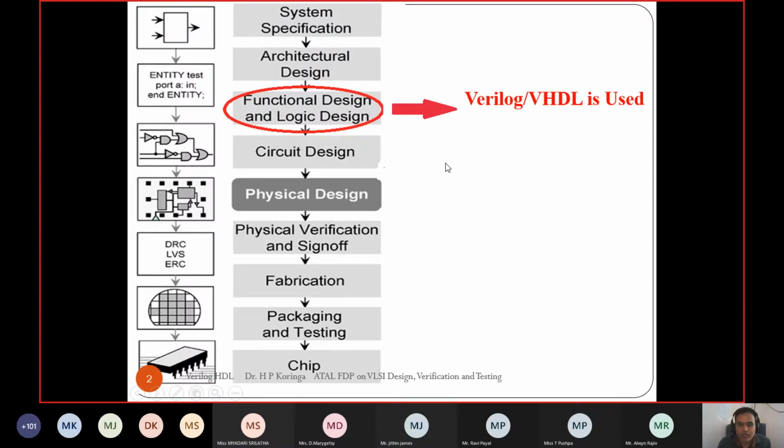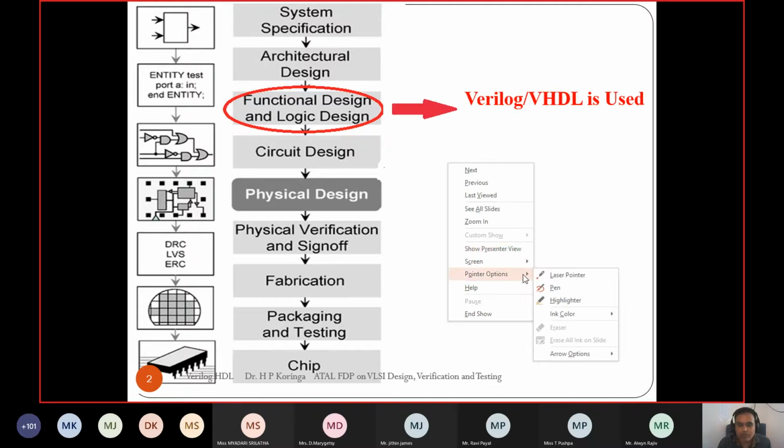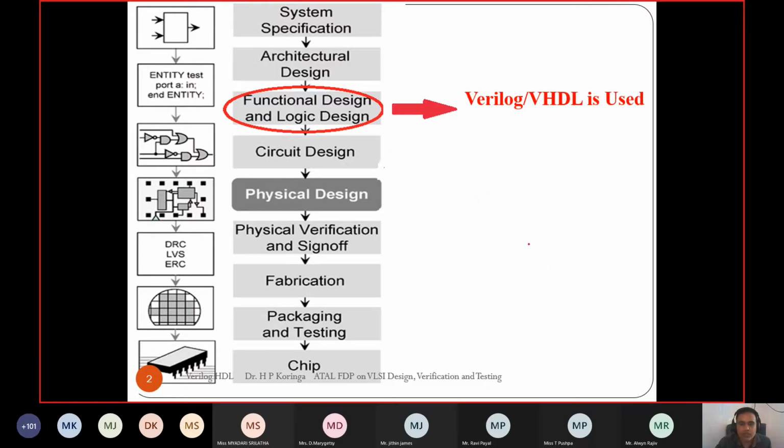Now, if we see the VLSI design flow, it starts with the system specification, which is converted into the architectural design. Previously, before the HDL was invented, the architectural design was implemented using different discrete logic ICs.